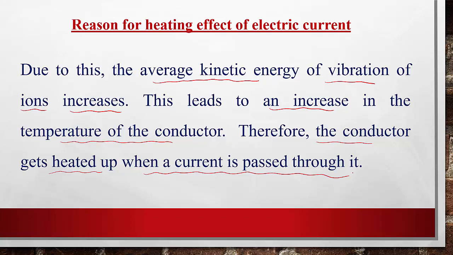When there is an electric field, all these free electrons start to accelerate in the direction opposite to the direction of the electric field. When these free electrons accelerate, they get kinetic energy. They are moving, but in their path there are a large number of positive ions. So these free electrons collide with the positive ions. During collision, a certain amount of kinetic energy from the free electron is transferred to the positive ion. Then the positive ion acquires some kinetic energy.